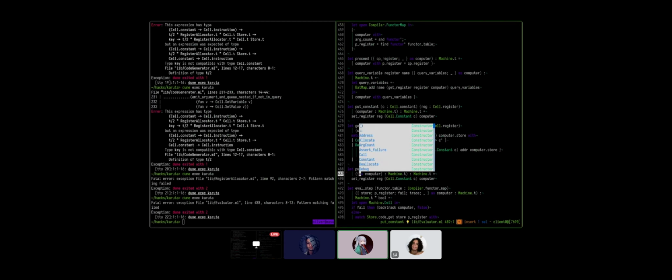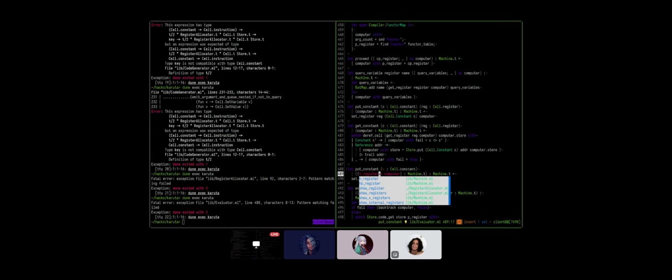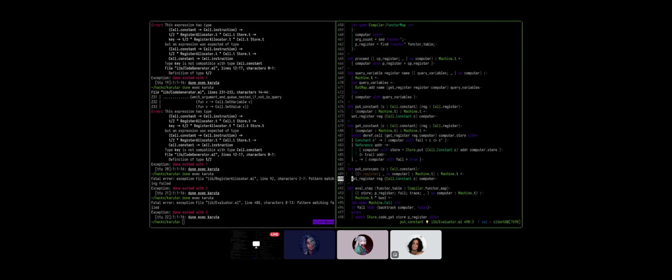We need the H register. There is something wrong with the underscore parentheses. Is that it? No, that's correct. Nice. Then we do store.heap.put. Let's grab the store from here as well, since we're destructuring it anyways.